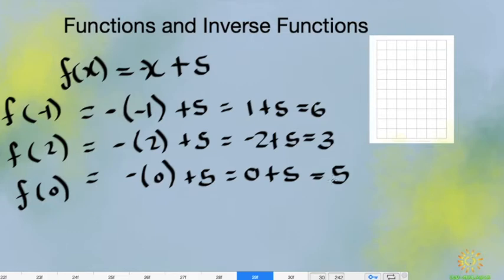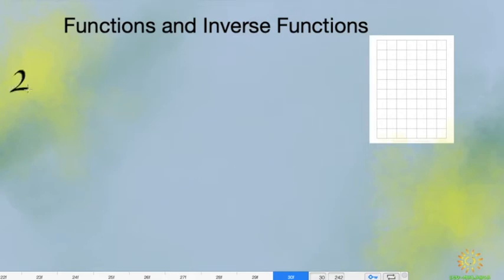First question said, calculate f at -1, at 2, and 0. That's it. So here we've answered question number 1. Question number 2 said,